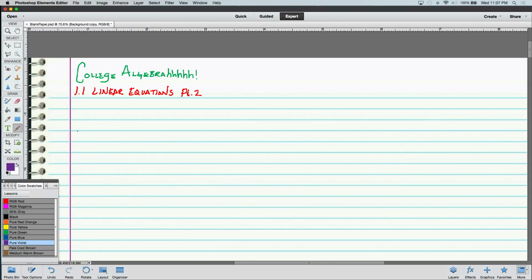Welcome to College Algebra. This is section 1.1, linear equations. This is part 2. We're just going to go over a couple of examples solving linear equations. The steps that I listed in part 1, I'm not going to list them again, but I am going to use those same steps. So first example that I have,